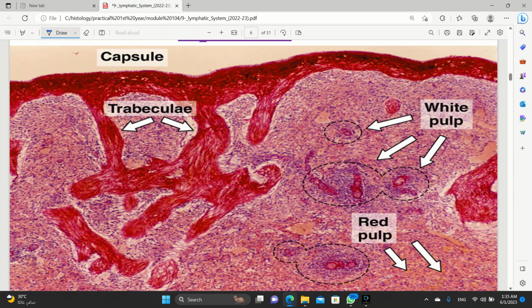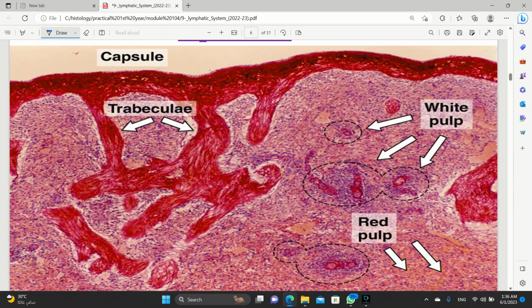And by the way, you can identify the spleen easily under the microscope by seeing if it's viewed with the red lens, because any slide that you will have in histology is viewed with the yellow lens, except for the spleen. The red lens is used for it. So if you find an organ that is under a red lens, that's basically the spleen. Just make sure, because some people may change the lens, but that's not allowed in the exam. But make sure that if there's an organ under the red lens, that's basically the spleen. But anyways,